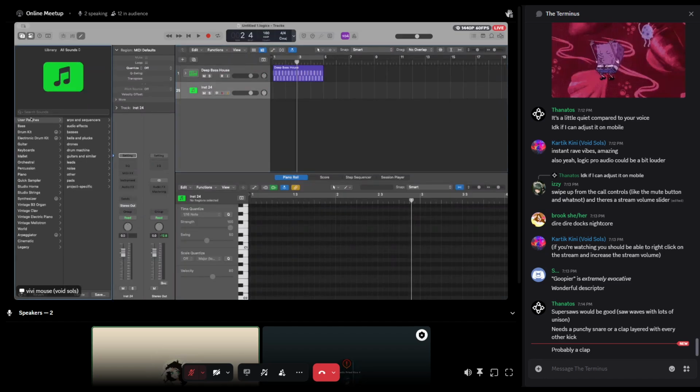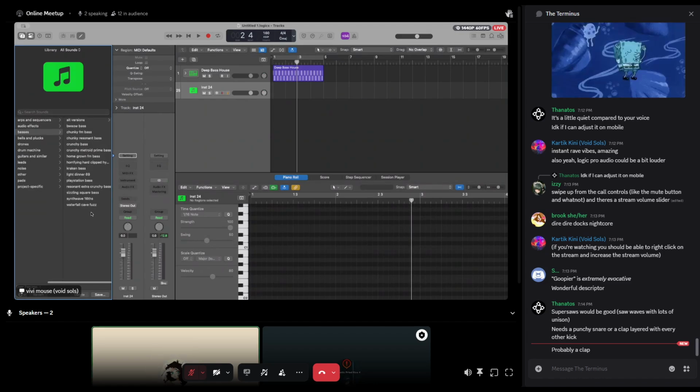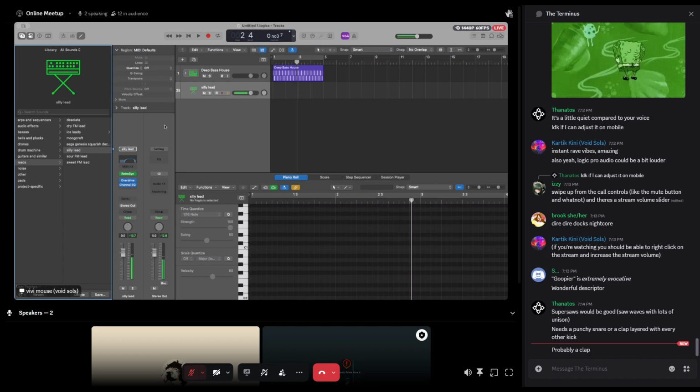I'm gonna use sort of a goopy sounding bass too. Do I have the? No, but I have the lead that I used similar to that.